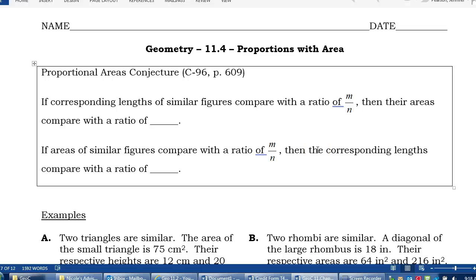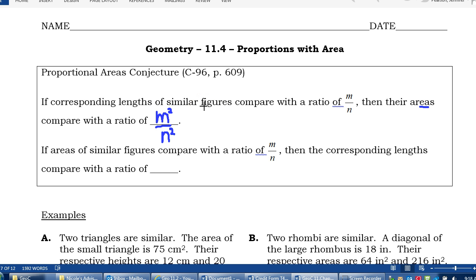This is Geometry Lesson 11.4, Proportions with Area. If the corresponding lengths of similar figures compare with a ratio of m over n, then their areas compare with a ratio of m squared over n squared. If we are trying to find areas and we have corresponding lengths in two different figures, like we have the